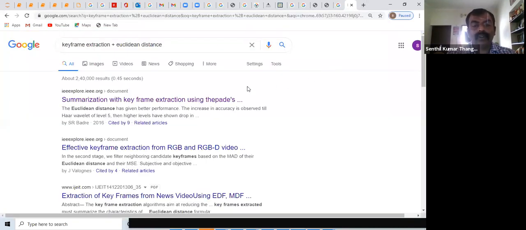So there's an algorithm on keyframe extraction with Euclidean based. Using that, you'll be able to take only the relevant frames, right? Wherever there is a change from one frame to another, that frame alone will be extracted. So if you have n frames, you will not have the same n frames for processing for your given model. This is one.